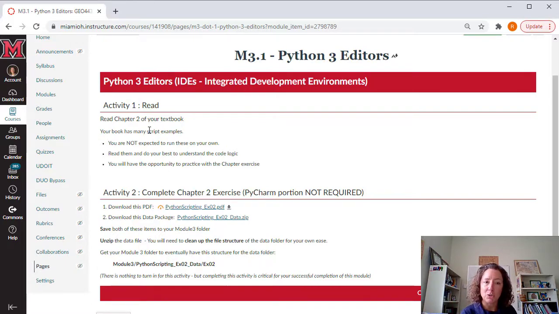So Activity 2 is to actually complete that Chapter 2 exercise from the author. Very important that the PyCharm portion of it is not required. PyCharm is another IDE that you can install on your computer that just works differently. It's a slightly different setup, has different options, still runs Python code, but like I said before, we're going to focus on the IDLE IDE, and then also we'll have you install Spyder throughout this chapter so that you can see another IDE. So what you need to do here is download this PDF to your Module 3